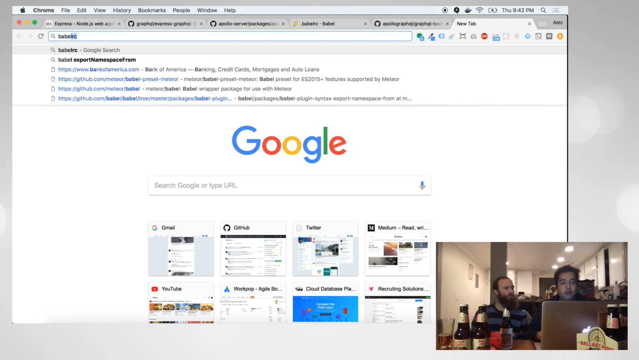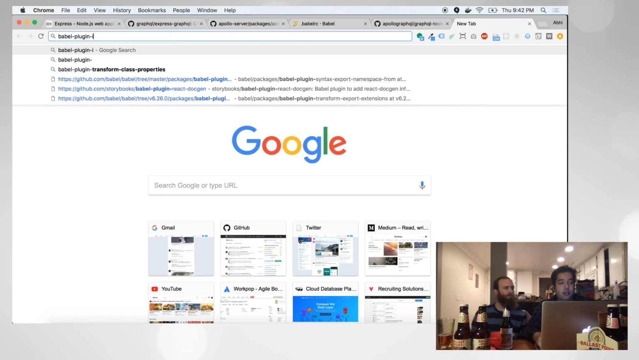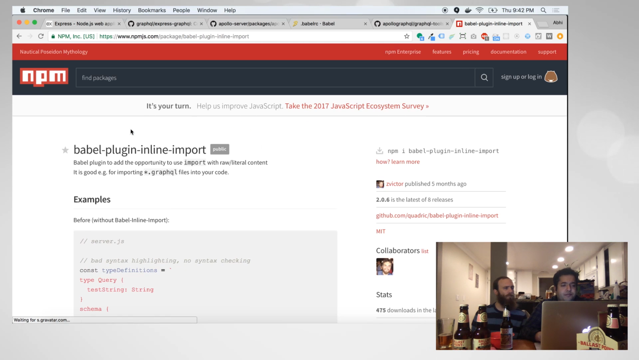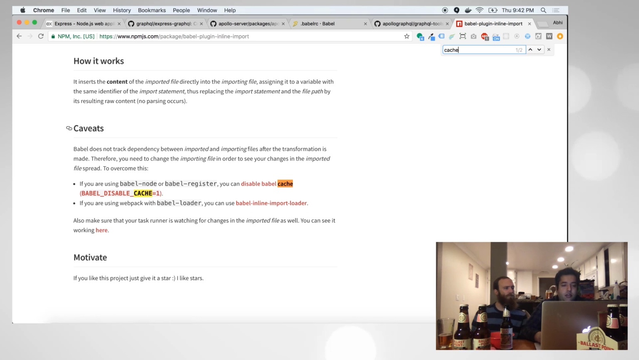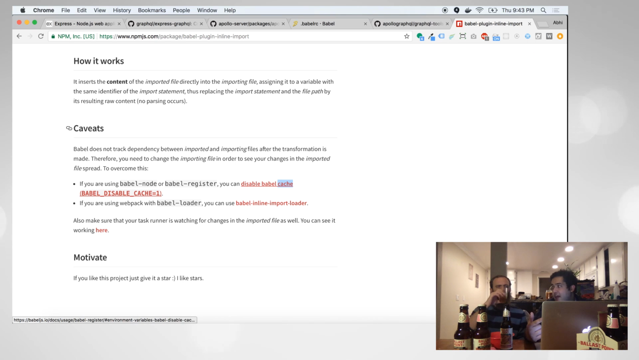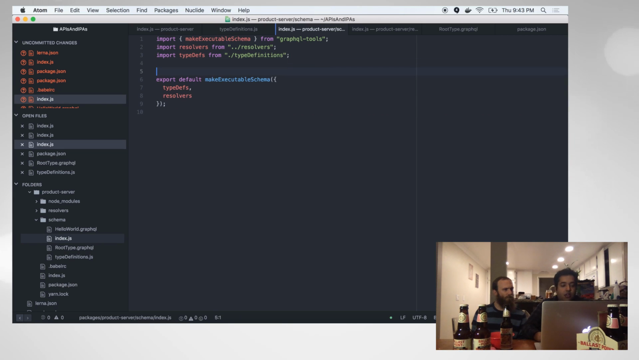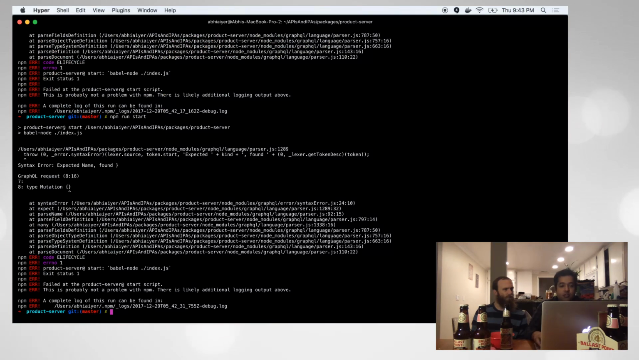Yeah, I think so. What I think it is, if you look at Babel plugin import or something, inline import, what was it? Inline import. Let's see. So I wrote cache because maybe they cached the strings. Babel does not track dependency between imported and importing files after the transformation is made. That means, let me close my Slack right here. Because I changed this, this is the importing file. I bet you if I do this,